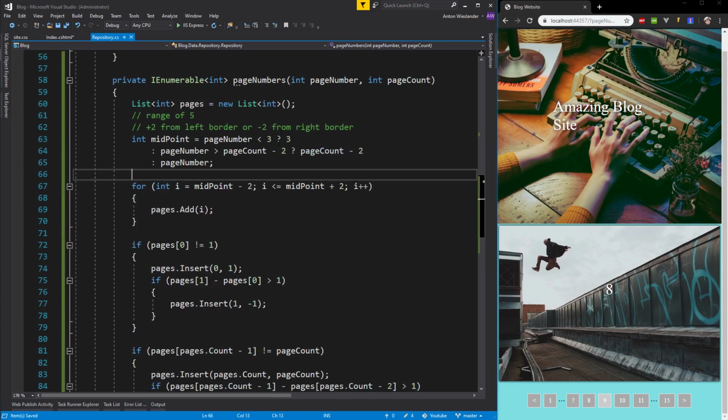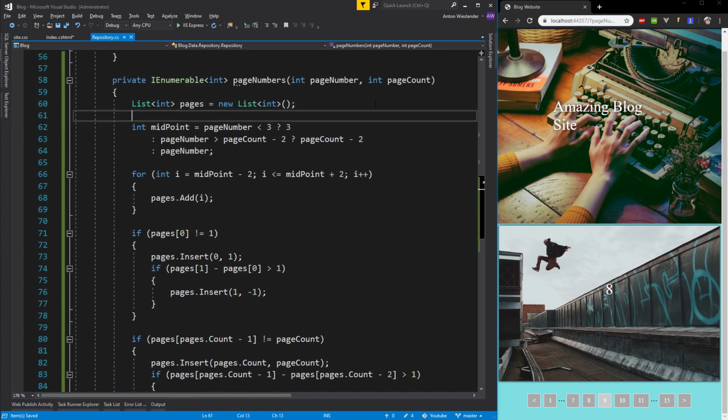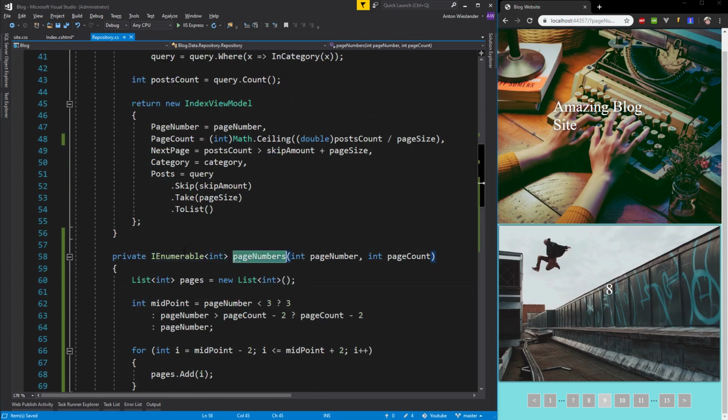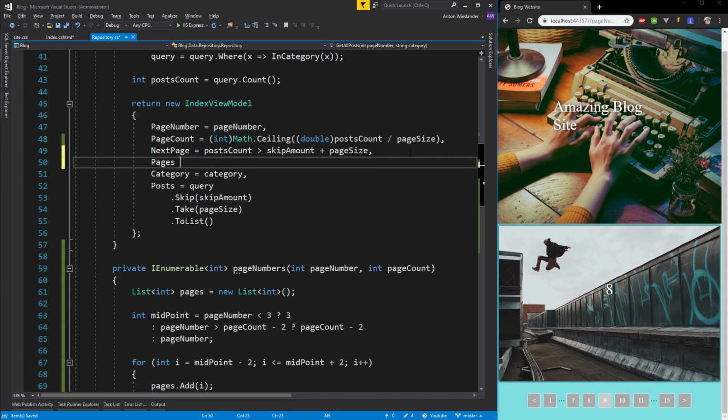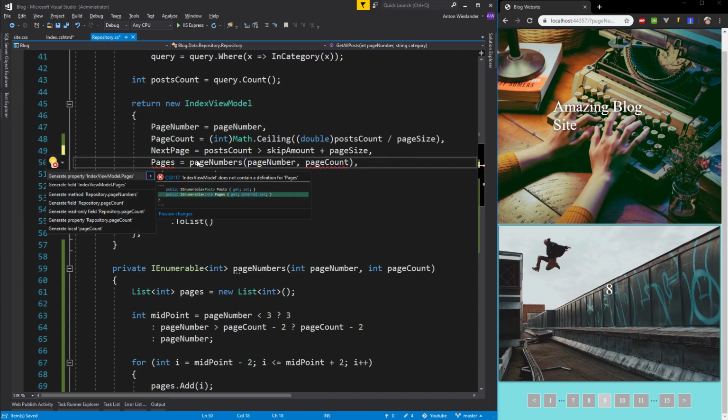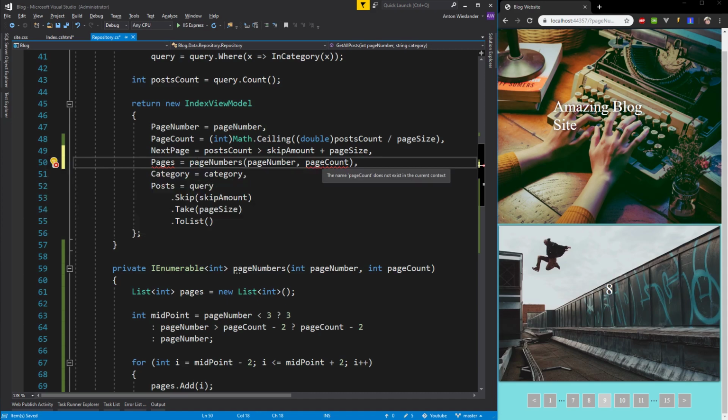Okay, so this is still quite readable, so I'm going to remove these comments since I don't want them anymore, and we can supply this list of numbers to our index view model. So let's go ahead and say pages here, and we will say equals page numbers. We will supply the page number and page count, put a comma here, and now we can press Alt Enter, and generate property IndexViewModel.Pages. Press Enter here,